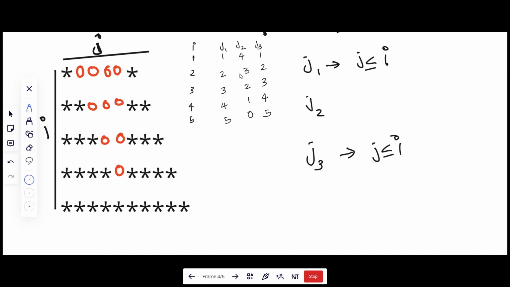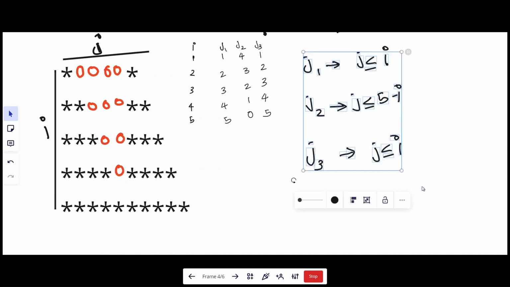What about this one, j2? Whenever 1, then it is 4, 2 it is 3. Basically you can find by just looking into this, because it is 5 minus I, right? So if I is 1, then j is 5 minus 1, 4. If it is 2, 5 minus 2, 3, 5 minus 3, 2, 5 minus 4, 1, 5 minus 5, 0, right? So I can simply write j less than or equal to 5 minus I. Okay, so if you couldn't find by just looking into that, what we can do, we can use that y